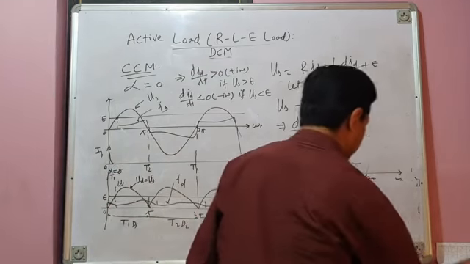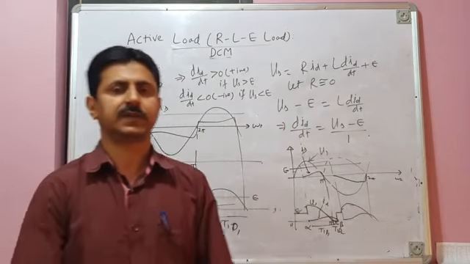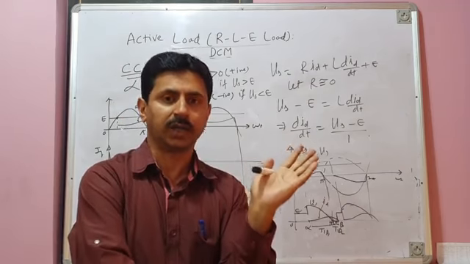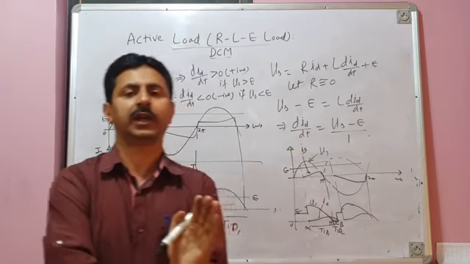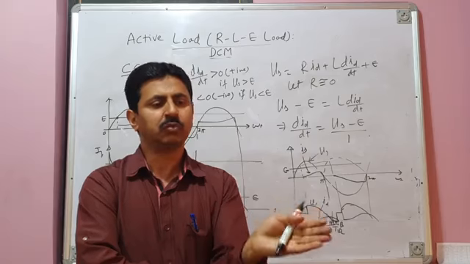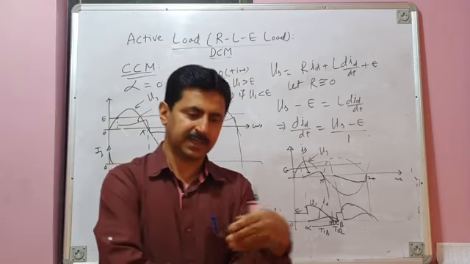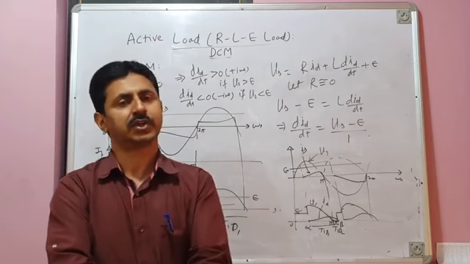So this completes our discussions on the single phase half controlled converter, single phase semi converter, for RLE load. Here we have taken two different loading conditions. Discontinuous conduction mode of operation in the first case, assuming that current becomes zero at some instant. And in the second case, we considered continuous conduction mode of operation.